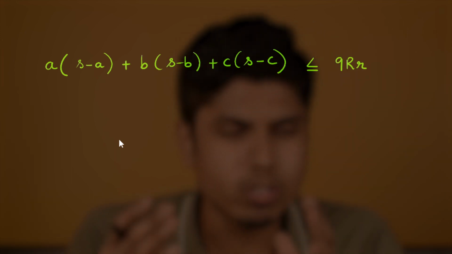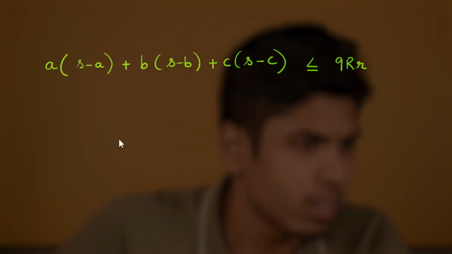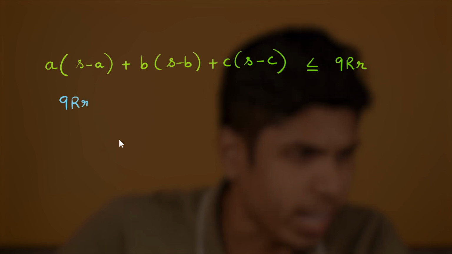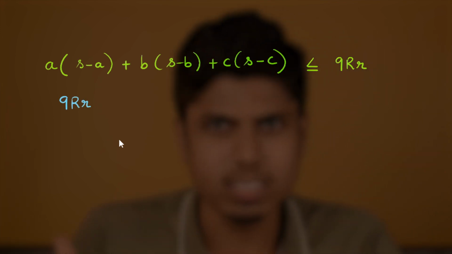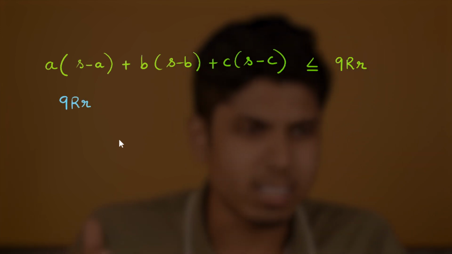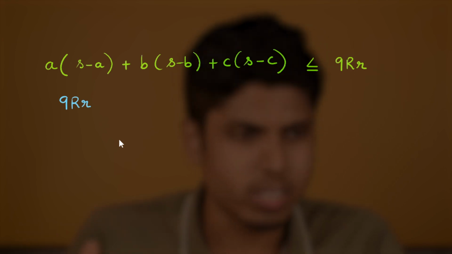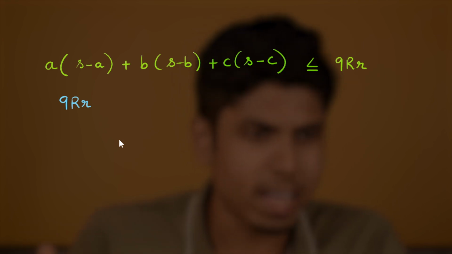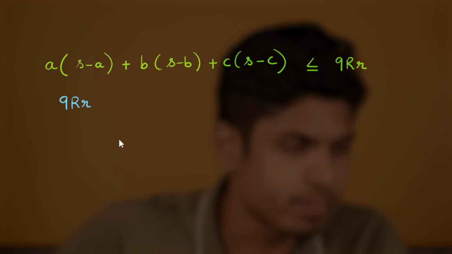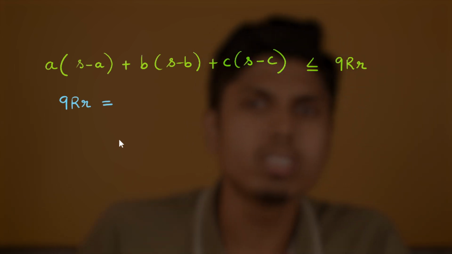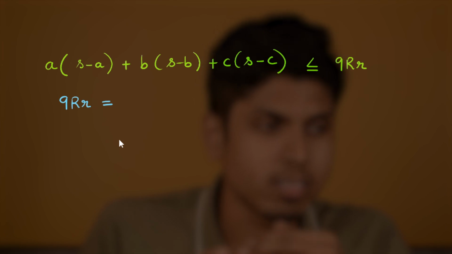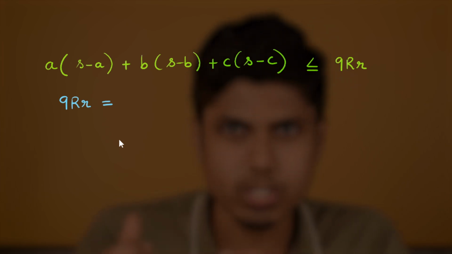So let's approach this clearly. First, the term 9Rr in the RHS might seem to be absurd, but actually not. We can write it in terms of a, b, c. So how will you first simplify the expression for r,